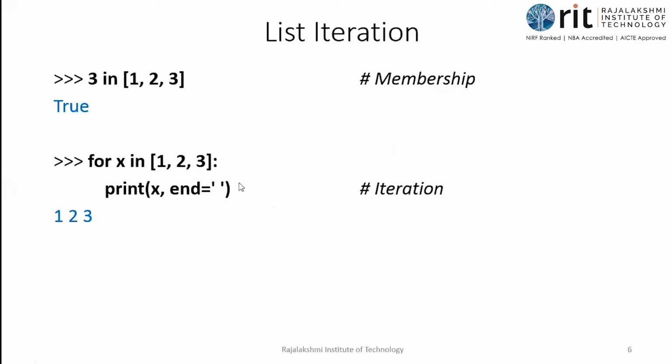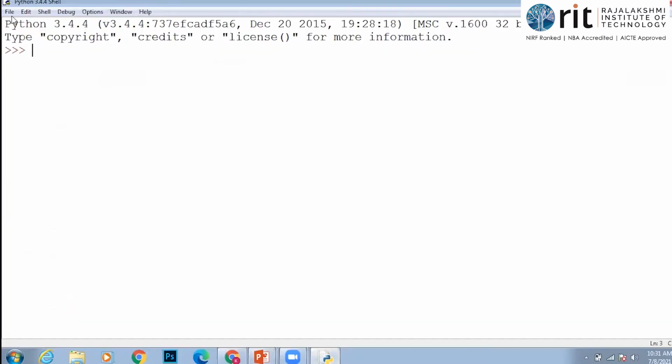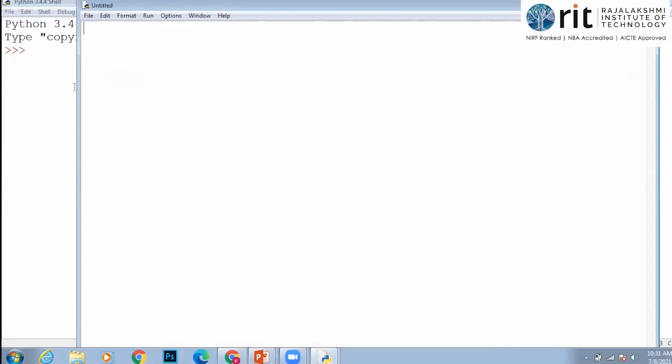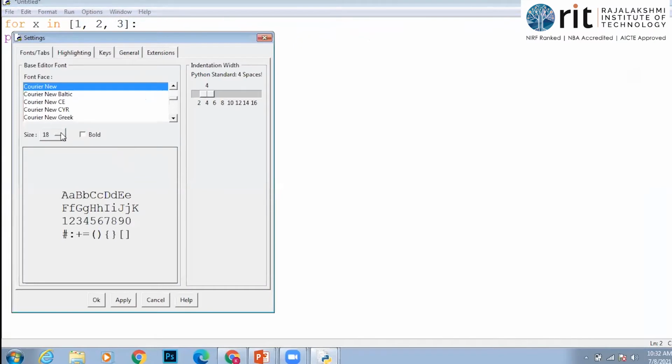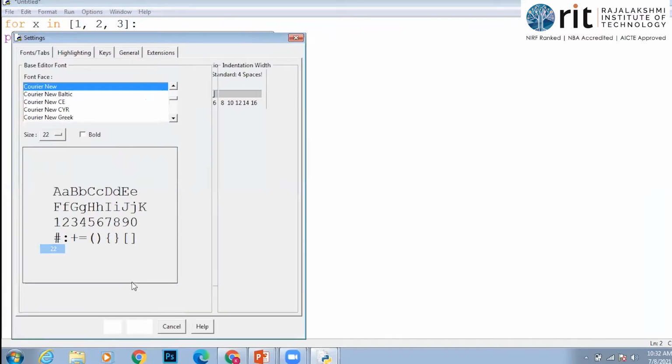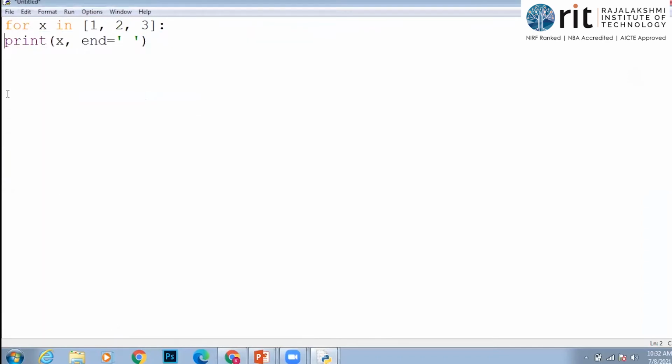You will be asking me to run this. Let me run the code. So tab space, don't forget that.